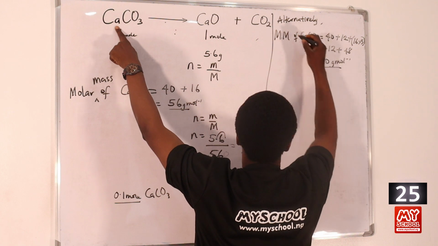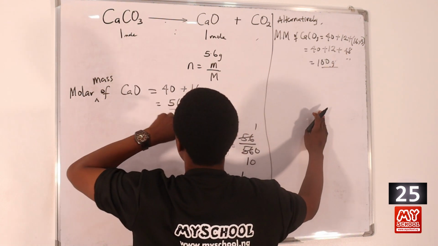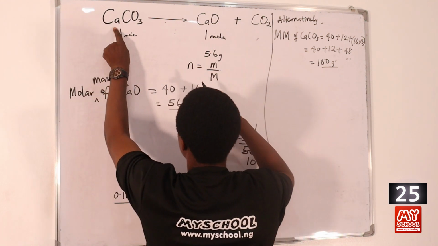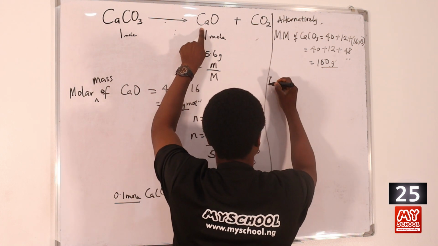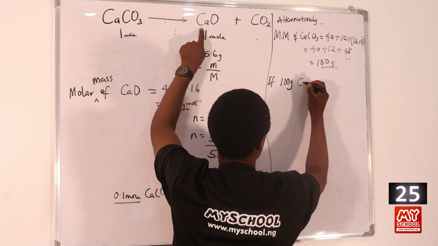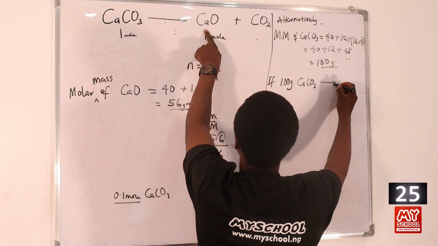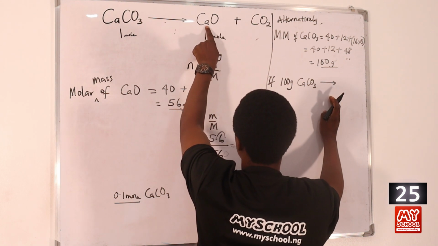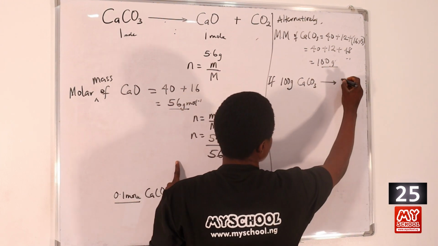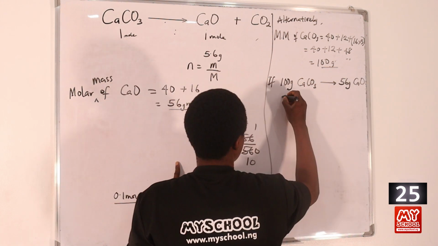So this is 100 grams per mole. That's the molar mass of calcium carbonate. Another way you can say it is that the mass of it is 100 grams. Now, looking at the relationship, this produced this. If 100 grams of calcium carbonate is produced, then the molar mass of the calcium oxide will be 40 plus 16, that's 56. We did that before. So if 100 grams of calcium carbonate produces 56 grams of calcium oxide,